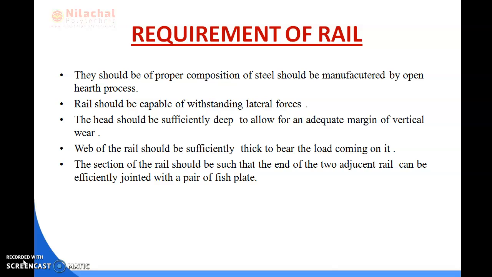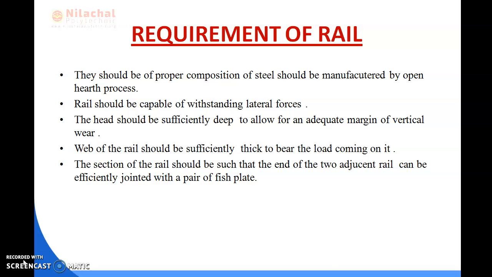Whatever rail we are using should be in proper composition, made of steel, and manufactured by the open hearth process, and whatever rail we use for the track should be able to withstand and bear the lateral forces